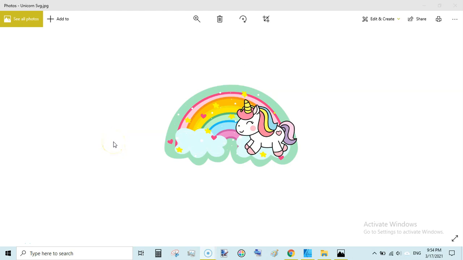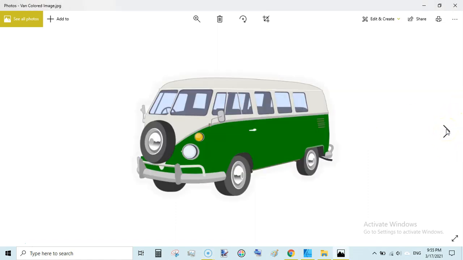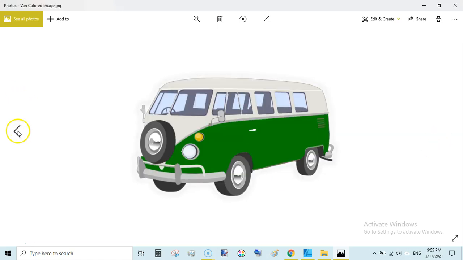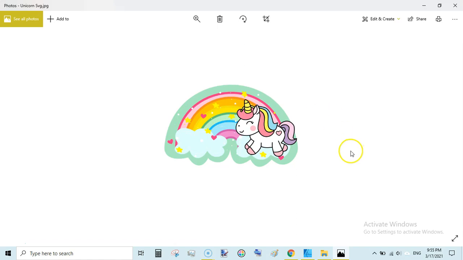Welcome guys, I am Soham Malik and in this video I am going to show you how to turn this colorful image into this coloring page, and again turn this colorful page into this one. And you can notice here these pictures don't have any outline, and this image also has no outline, so we will be changing this image into a coloring page for coloring KDP coloring books.